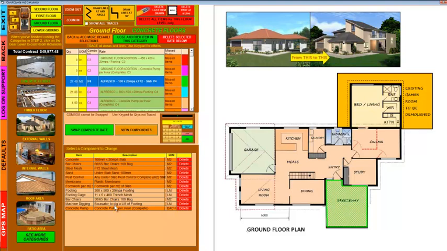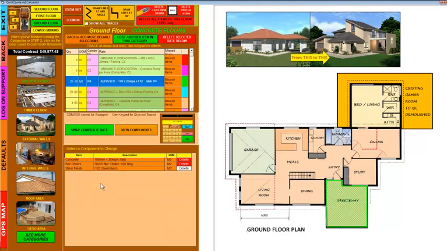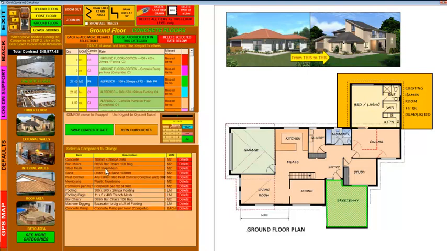So if I needed to change, say, the 72 mesh to maybe 82, I can simply click on it and change it to 82, and now we've changed that. You can do that with any of the components in any section of the job there. Okay, so we've traced that, and now we can go to the timber floor,